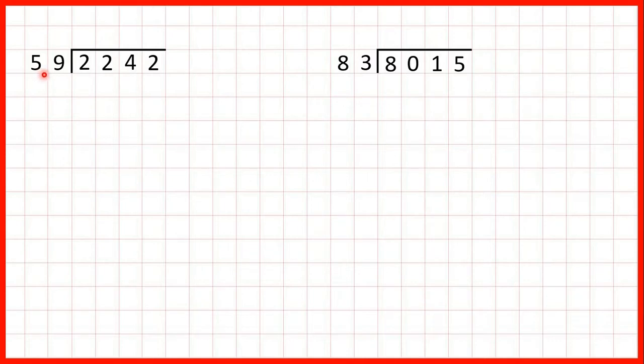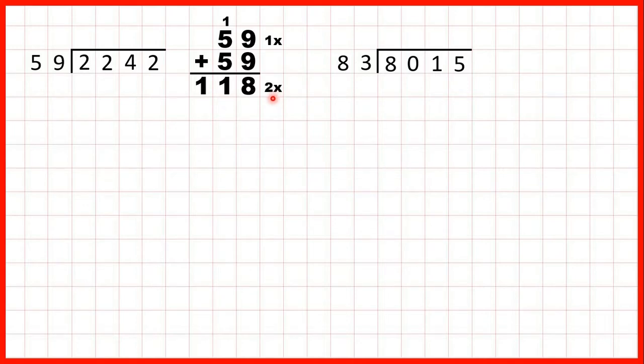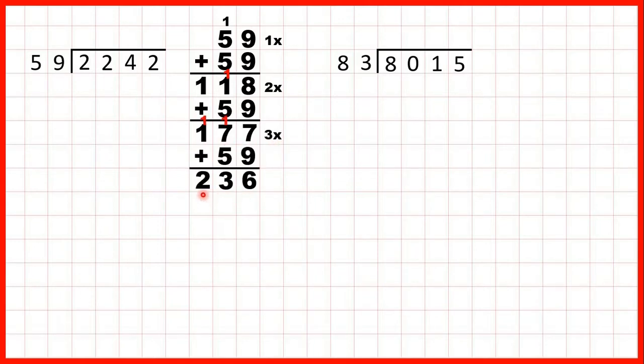2,242 divided by 59, so we need to work out our 59 times table. 59 is 1 times 59. If we add another 59, we get 118, so that must be 2 times 59. Adding another 59 gives us 177 for 3 times. Another 59 gives us 236 for 4 times, and then we get